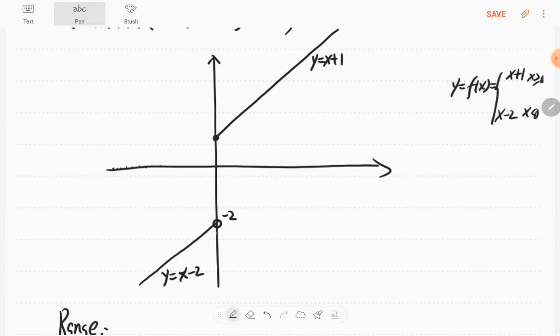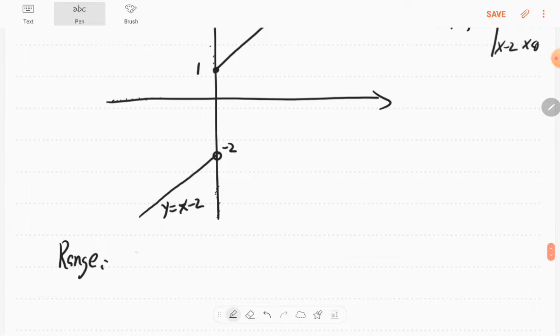The y values could be all the values below negative 2, right? Because for all the y values below negative 2, there's a point on the curve. If this is 1, at x equals 0, y equals 1. For all the values above 1, there's a point on the curve corresponding to it. So the range of the y value is negative infinity to negative 2, this part,